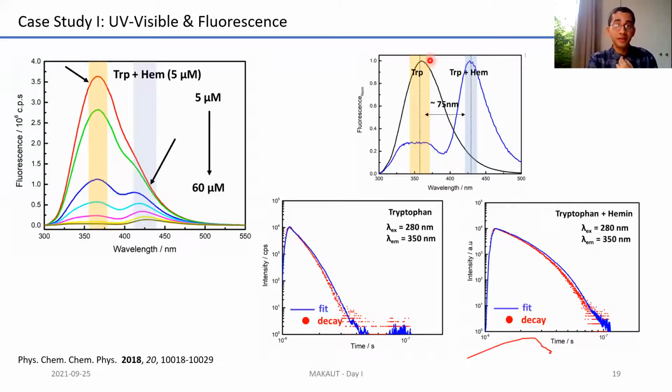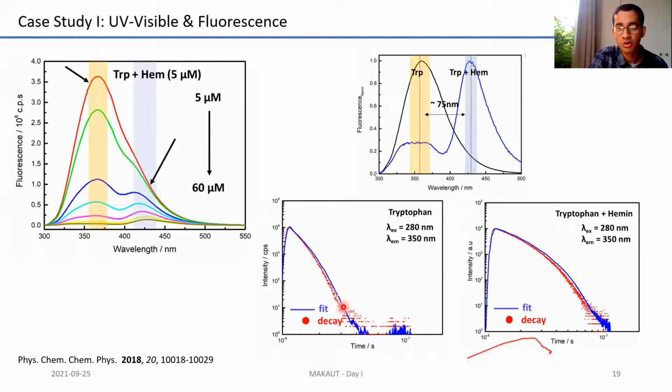Now, remember I told you about time resolved fluorescence. So you can actually study the decay of this fluorescence as a function of time. It looks something like this. This is intensity plotted in log scale, and this is time. And the instrument that you use to measure this is a time resolved spectrophotometer, fluorimeter. When you excite the system at 280 and study the emission at 350 as a function of time, you end up with profiles like this.